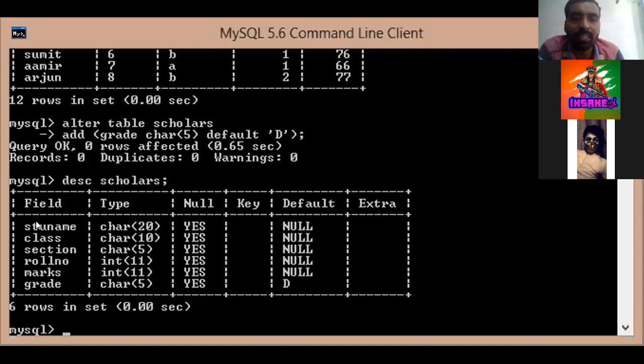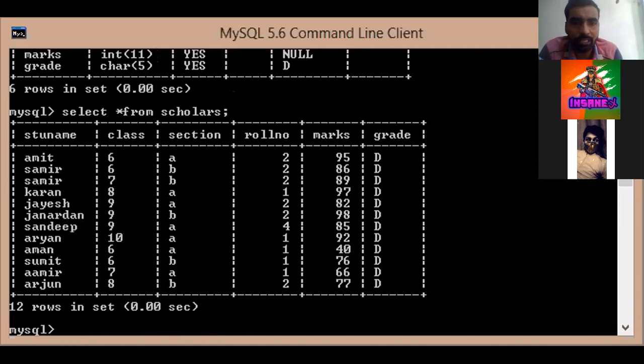But before there were only 5 columns: STU name, class, section, roll number, and marks. These 5 columns were there before, and now a new column named grade has been added. Now you can see the record. You can write select from scholars. Okay, see the records.